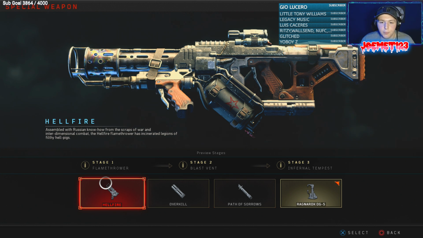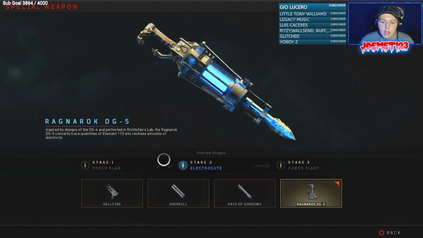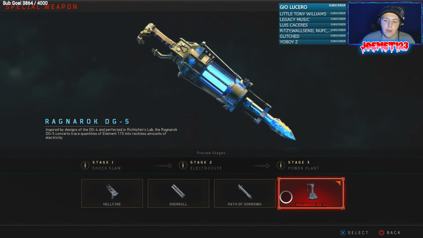Hellfire is Nikolai's, it's supposed to be Nikolai's. The Flamethrower, the Overkill, is a death machine, that's supposed to be Tank Dempsey's. The Path of Sorrows is of course Takeo's Katana. And finally, the Ragnarok DG5 is the next version of the Ragnarok DG4 from Der Eisendrache, and of course that belongs to Richtofen. And for the purpose of this video, we're just going to go ahead and select the Ragnarok